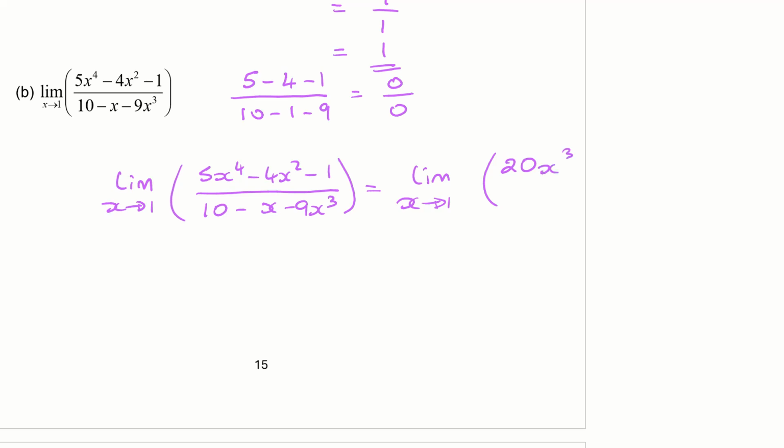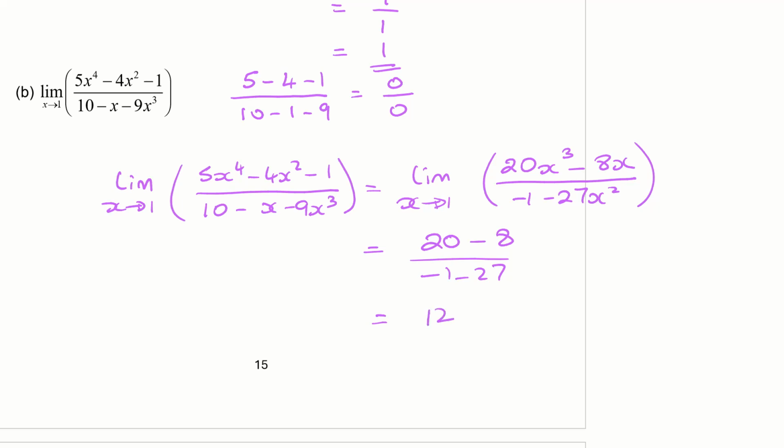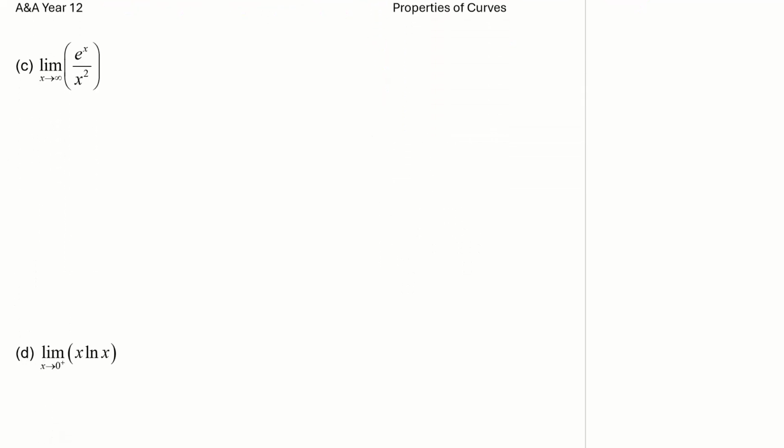cubed take away 8x, the 1 disappears, and then we've got negative 1 take away 27x squared, which is 20 take away 8 over negative 1 take 27, which gives us 12 over negative 28, which simplifies to negative 3/7. Then we have